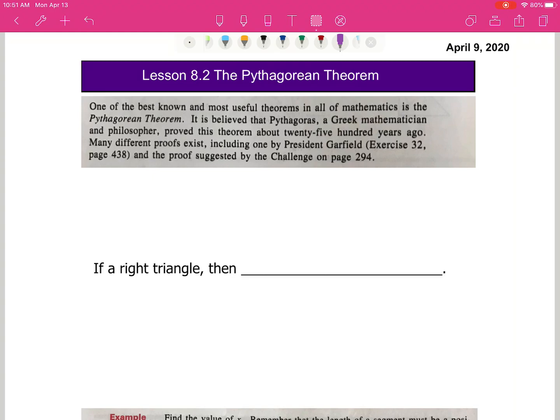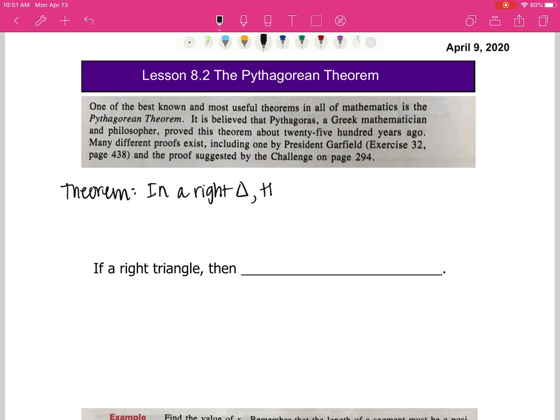The Pythagorean theorem is a beautiful theorem, and it's one that you learned in elementary school, maybe 6th, 7th, 8th grade. I think probably it's somewhere 7th or 8th grade. It says that in a right triangle, I'm going to write the words out for you because I'm not sure if you've ever seen the actual theorem written in words. So, in a right triangle,